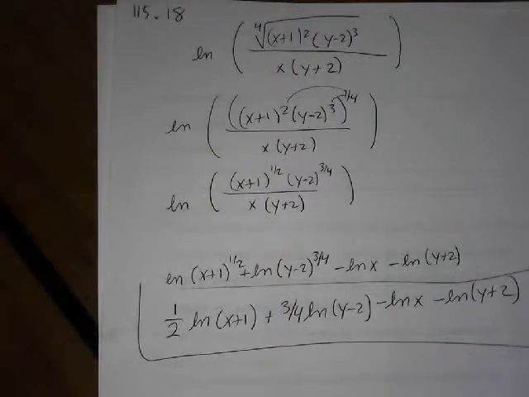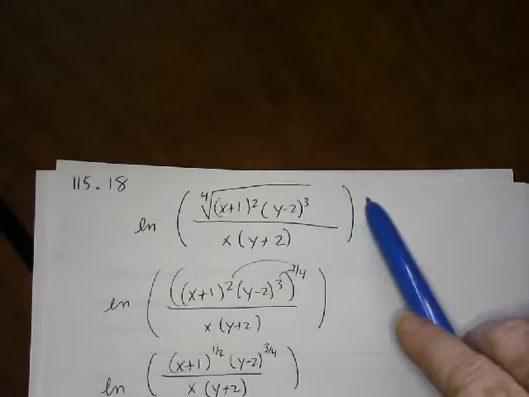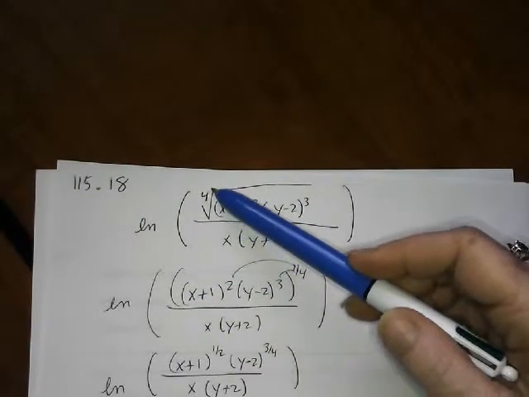18. This wants us to expand as a sum of individual logarithms, each of whose argument is linear. So that means we don't want any exponents besides 1. We want it linear. Okay, so it starts out like this, and then hopefully we all know that we can